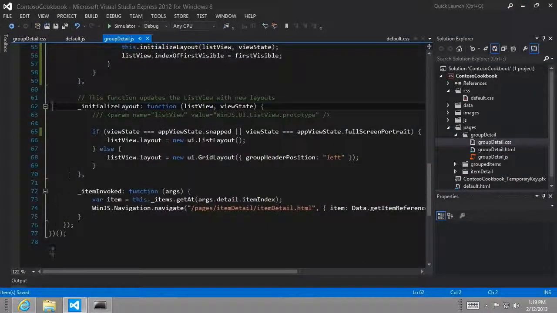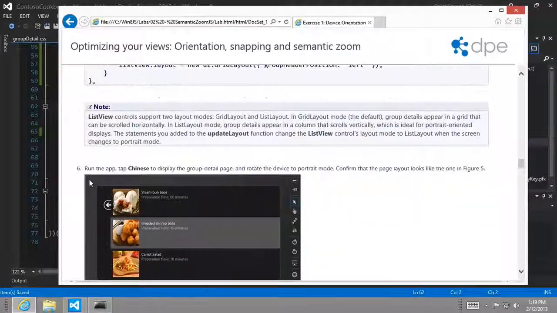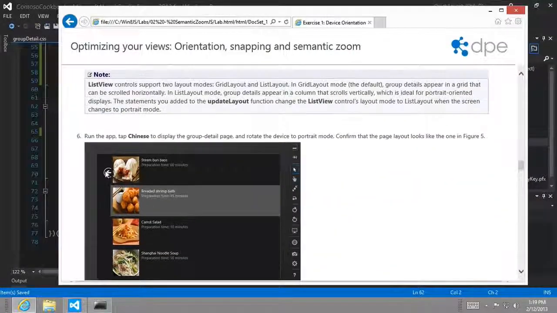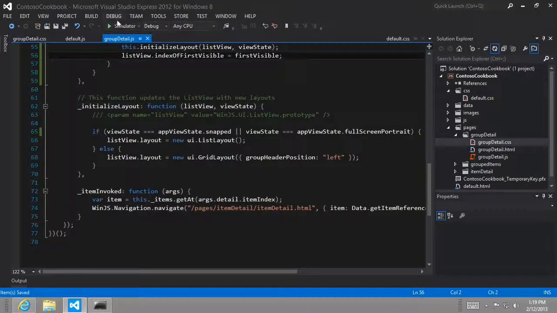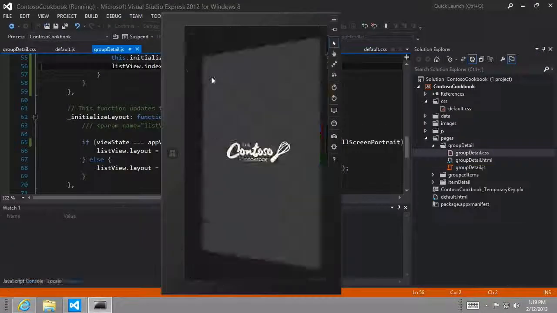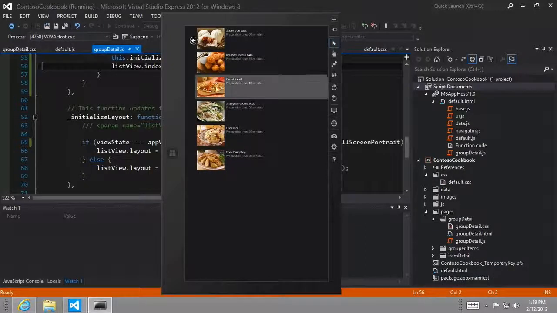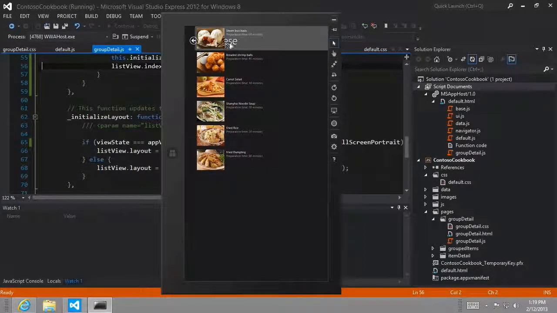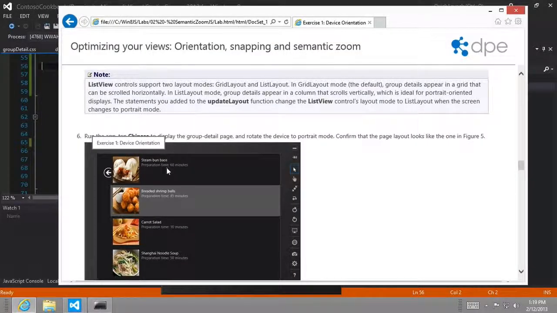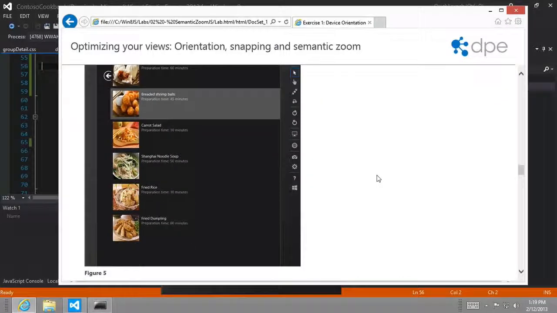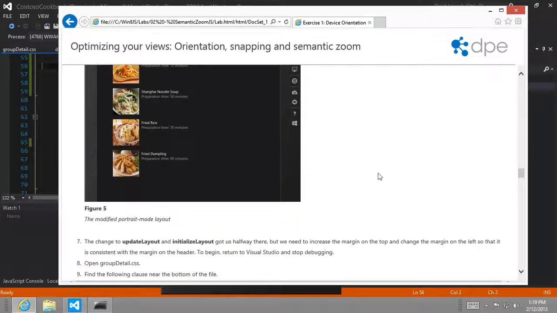All right. What's up next here? Okay, so now we get to run it and make sure that whenever we go into the group detail page, it looks correct this time. Well, we're getting closer. I don't know that we did this exactly right. Well, this is what it says it will look like. Okay, so unfortunately,